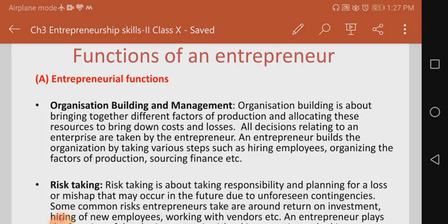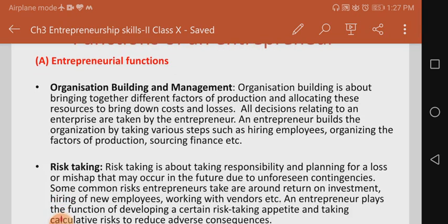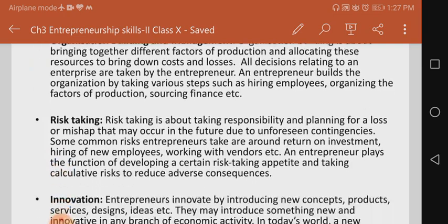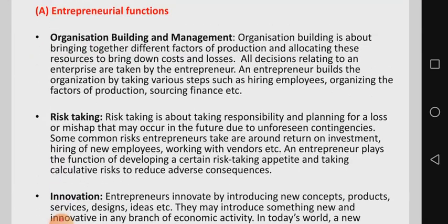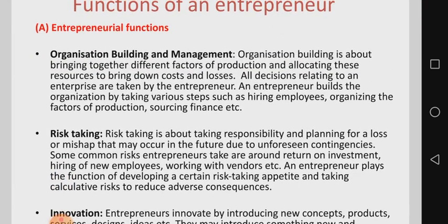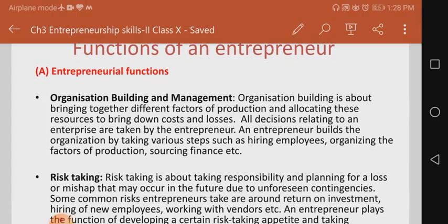So let's start a new lecture, a new topic that is called functions of an entrepreneur. And this is something important, and you are reading it for the very first time. The entrepreneur has a lot of functions. Functions means you can understand it like a role of an entrepreneur, and we will discuss different aspects regarding that